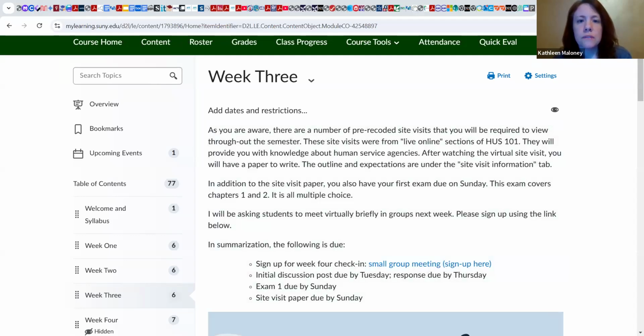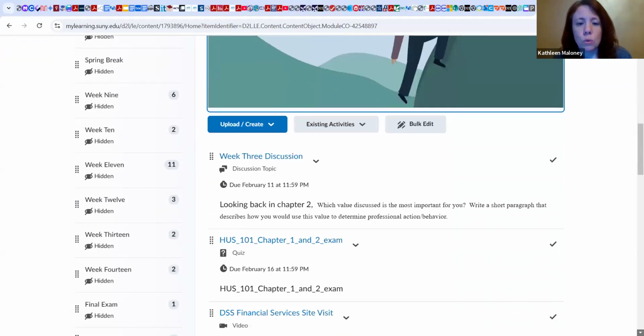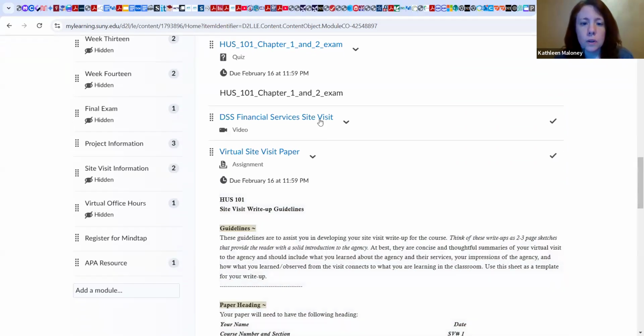Not only do the visits potentially allow you to do some career exploration, learn about new resources, and integrate course material, but they also allow you to create or start to create documentation that is objective and required in the field. So after watching each site visit periodically throughout the semester, you will be creating a site visit paper for a grade. So under week 3, if you scroll down, you will see that the very first site